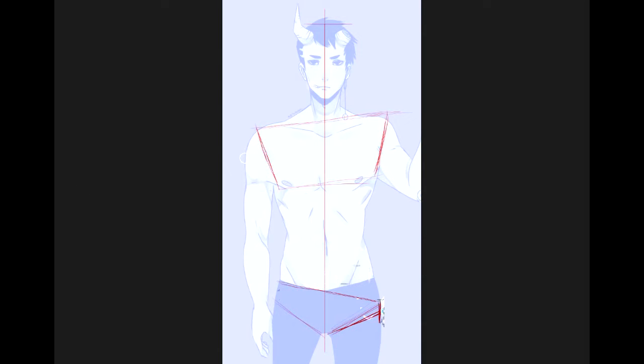Okay. Oh, his legs are so skinny. And he has no butt. So we're going to give him a butt. Okay. Trying to be careful that I don't...